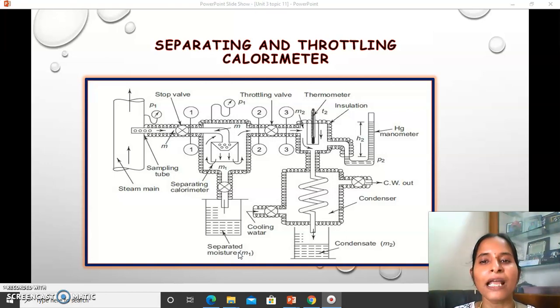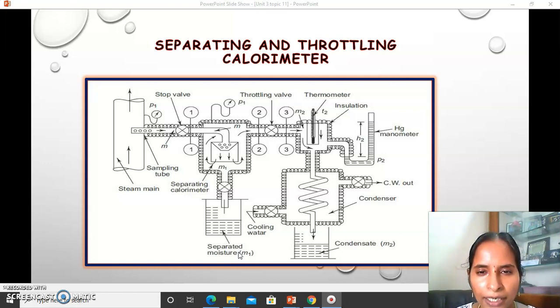When the steam passes through the throttling device, the pressure reduces and the temperature reduces, along with constant enthalpy and an increase in the dryness fraction of the steam. That is, when you supply wet steam, it will be converted either to dry saturated or to superheated steam, right? Now this same concept is going to be used